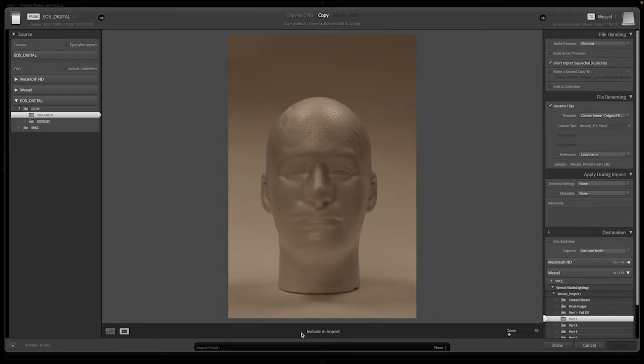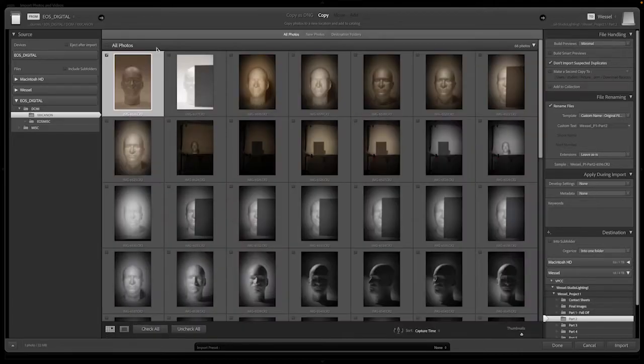If I wanted this to be included in my import, I could check mark it. And then if I go back to the import grid box here, I could see that this one has now been selected to be included. I'm going to uncheck this one because this one shouldn't be included, and I'm going to find the images that should be included in my